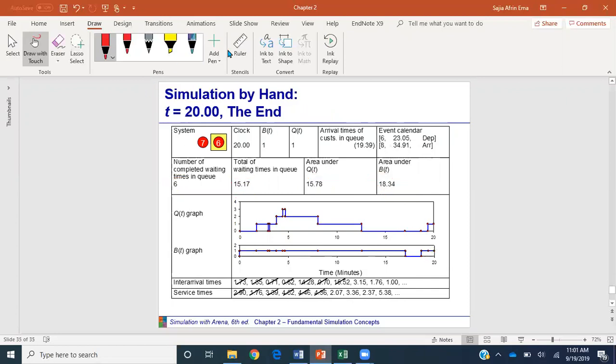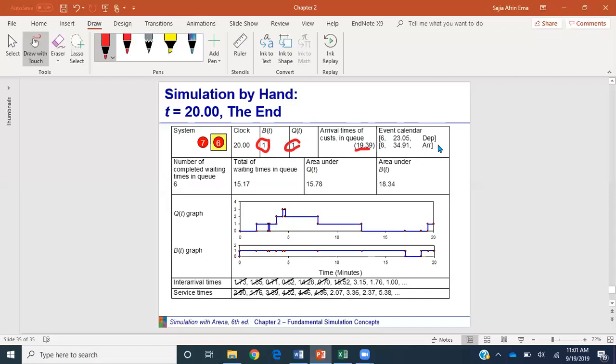Next, the end of hand simulation. We know that part 6 and part 7 are still in the system. 6 is in service, 7 is in queue. But we have to end our simulation run by this time. So we have one part in the queue and one part in the service. And then the arrival time of this one customer in the queue is